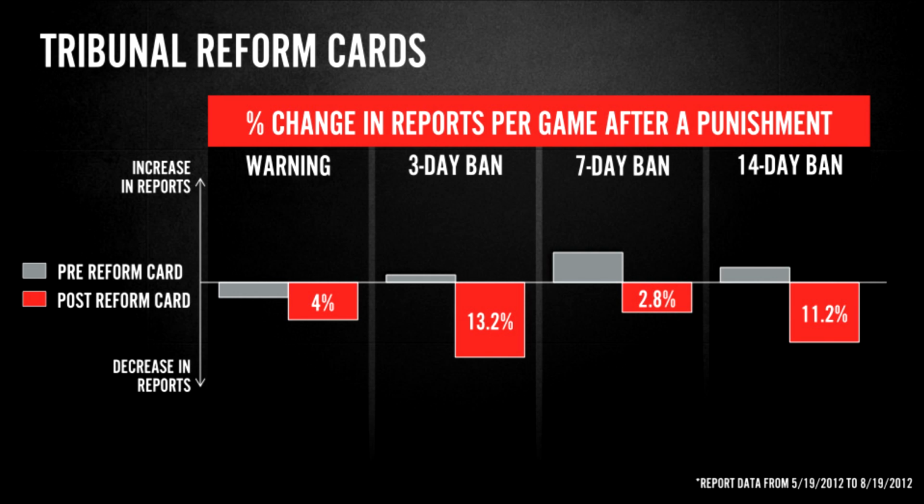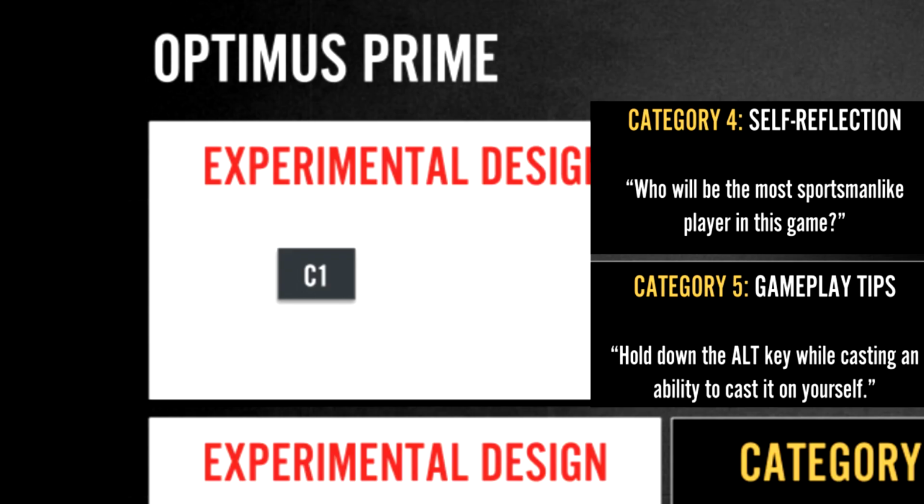Now that they had a method to help prevent repeat toxicity, Lin and his team looked to stop toxicity before it even happened with an idea called the Optimus experiment. The experiment involved displaying factoids from 5 different information categories in 3 different colors in 4 different game locations. The information categories consisted of positive player stats, negative player stats, self-reflection notes, fun facts, and general gameplay tips. The 3 colors that were used were red, blue, and white, and the 4 locations are the loading screen, in-game,